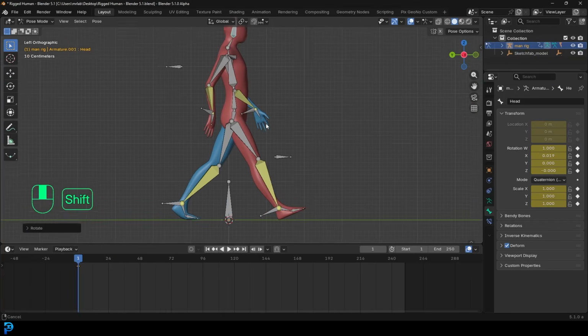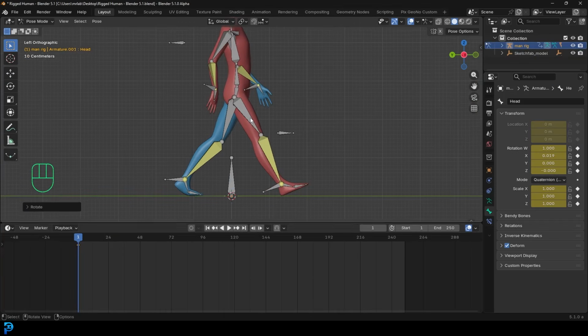So the next one is similar, right? And keep in mind, this whole time we're not actually moving the character forward, because we're just doing a walk cycle, and you can actually make the rig move forward with a different means of animation. So for now, it'll just look like our character is walking on a treadmill. But for now, let's just go up to frame, maybe